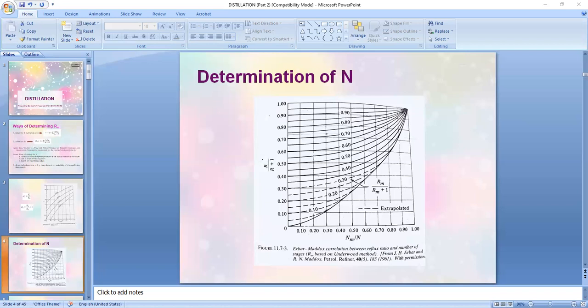Now, the reflux ratio, most of the time, is,